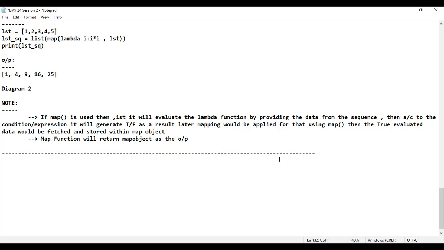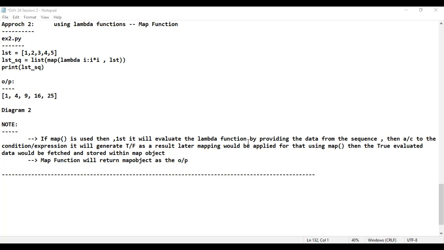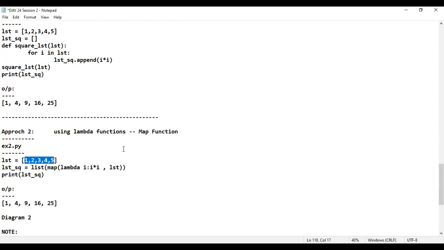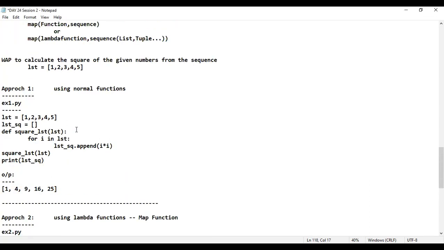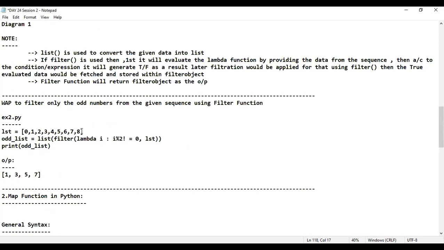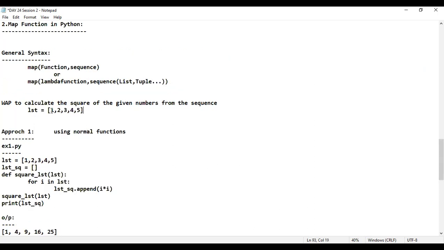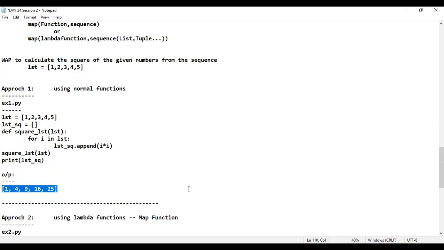Okay, one person is asking, sir, what is the use of map and what is the use of filter? Don't you think when it comes to filter, it is filtering the data. How many inputs have you given in filter? I think some 9 or 8 inputs. While getting the output, you got the filtered data. But when it comes to map, however many inputs you provide, those many outputs you get, but with the mapped data, see here. Are you getting my point?